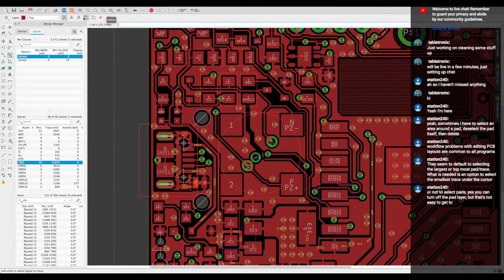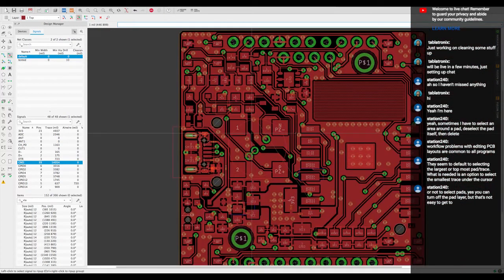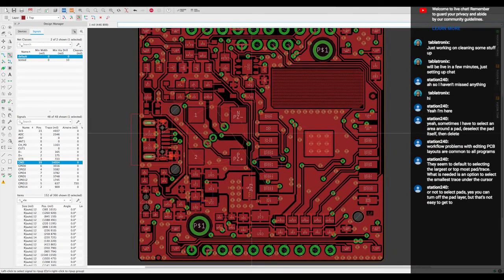I should just rip up all layer on same layer. There we go. All right, so see, you got that unrouted thing, and I like to leave those on. I don't want to hide the unrouted layer because I need to see where signals need to go. But when I'm clicking on this and I go to want to move this,